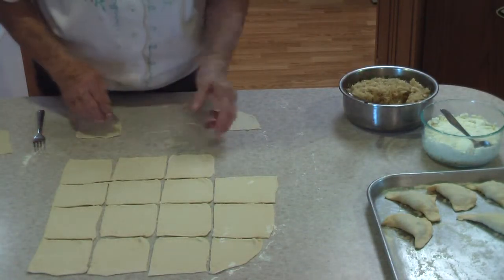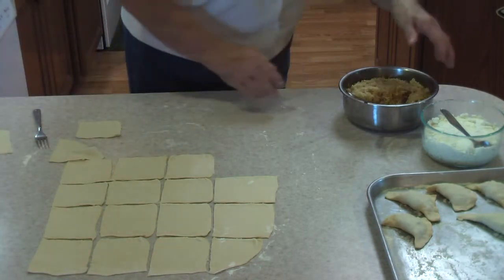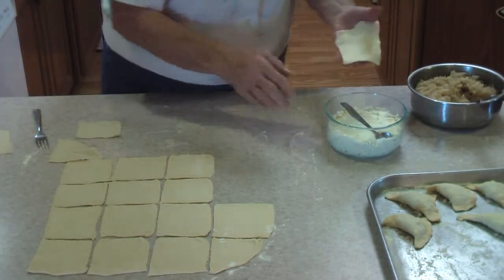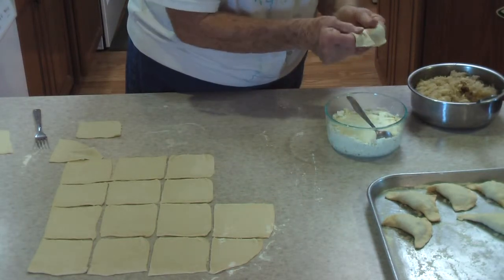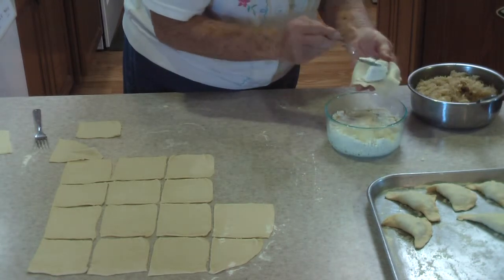Okay, let's start on the cheese now. Oh, here it is. Okay. And that's another. Yeah, take them from the middle. What do they do with the rest? We take like